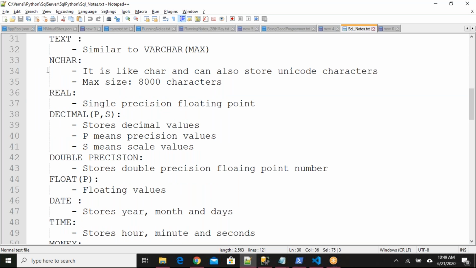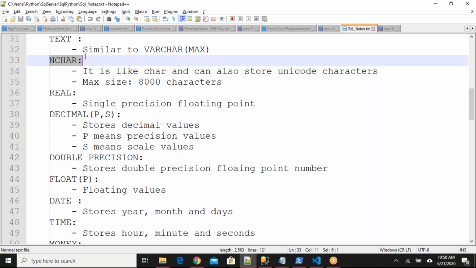Next one is nchar and nvarchar. Nchar and nvarchar are the same as char and varchar only, but the difference is when you want to deal with Unicode characters, then we go for nchar. Unicode characters means, for example, you are creating a database for Spain or France or some other country, and some values you are providing using the Spanish language, their names.